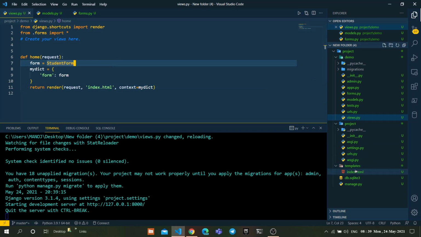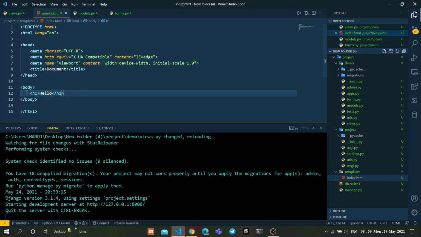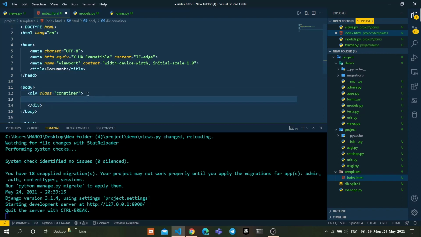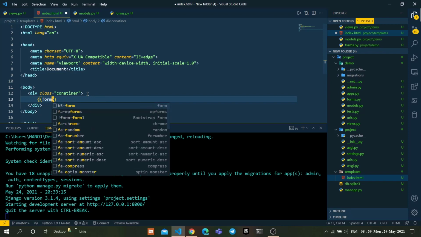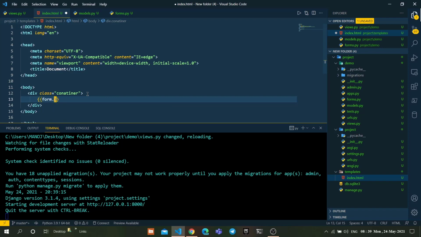Go to the index.html, remove this hello, and instead of that add a container. In that, write form and display it as a paragraph in Jinja format.